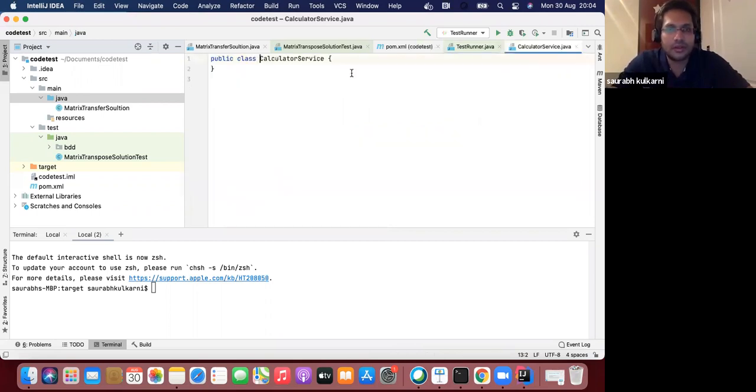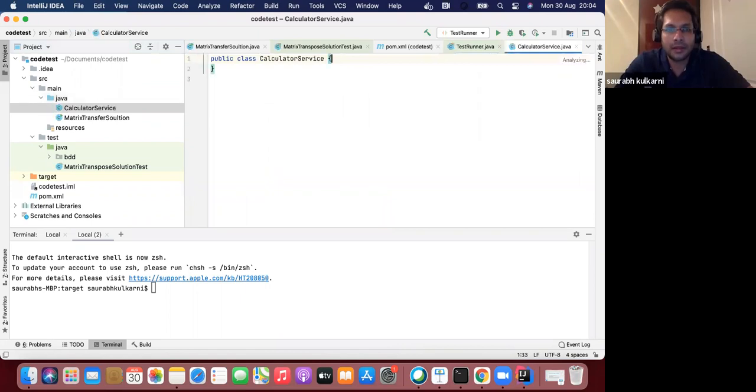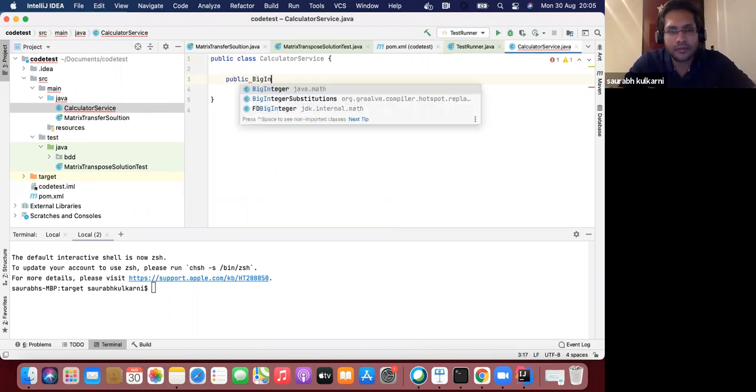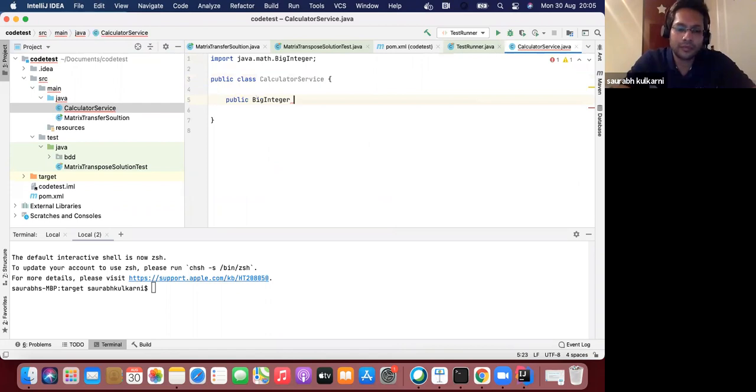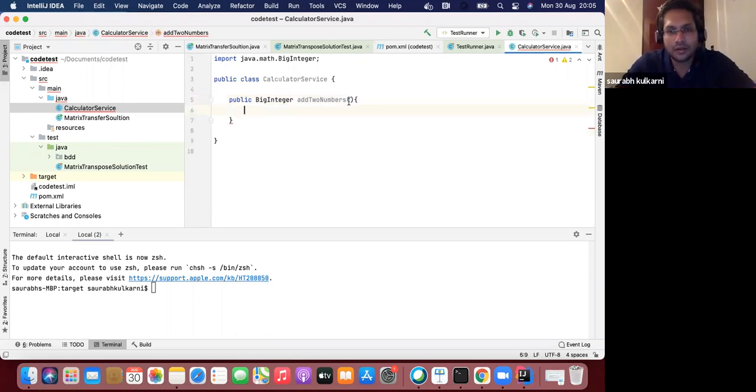We're creating a service called calculator service, and I'm creating quickly a method here, which is the functionality that we are trying to achieve, which will add two numbers.